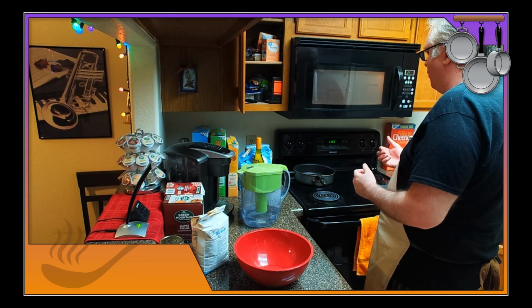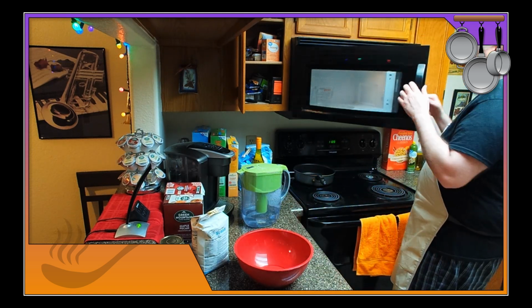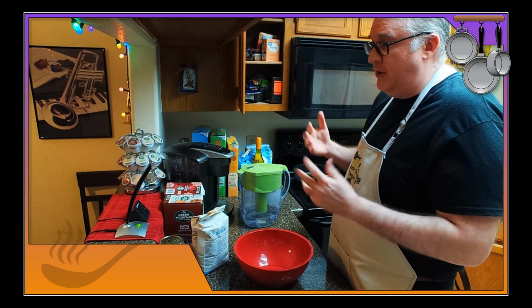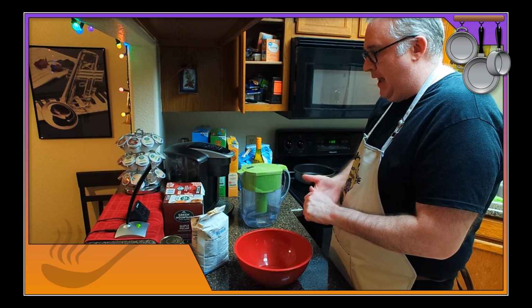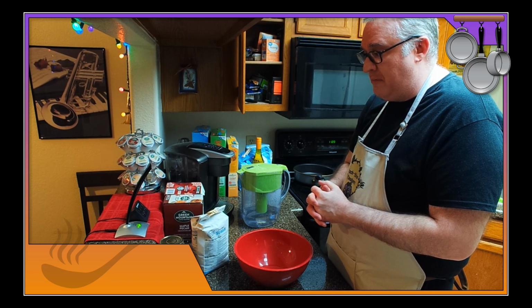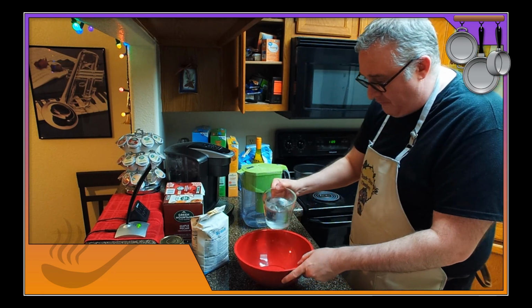So this is our 2 cups, and then we're going to add a half cup along with it. So, how are we doing? It's getting there. This is so great. This makes about 4 portions, so I'm going to have 4 pizzas that I can make up. And I'm finding that I really like this type of dough. Ooh, that's perfect. So let's do that. And I'm finding it much better